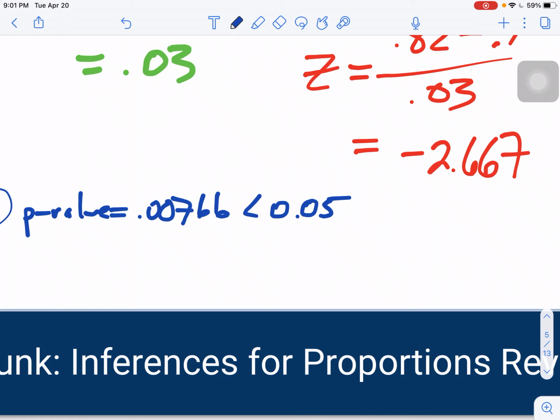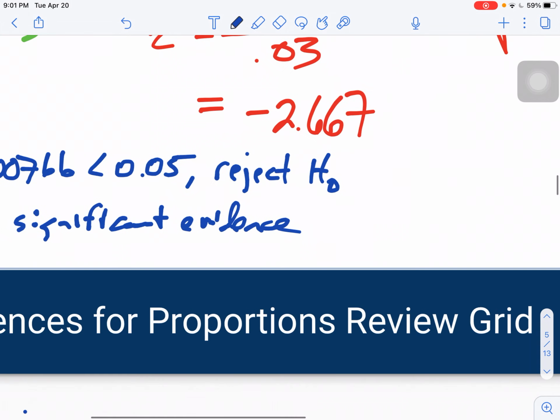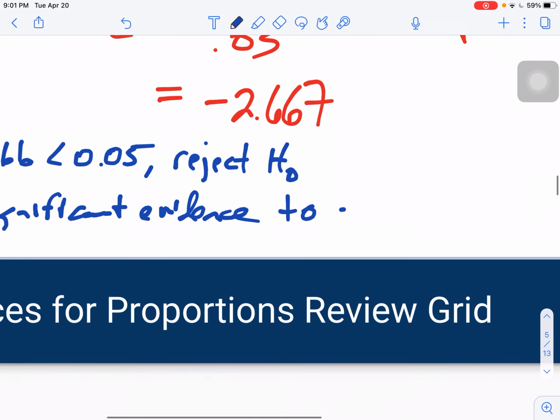So I can see it's quite a bit smaller. So the conclusion that I'm going to reach is reject the null. So I'm going to reject the null. So what that's going to give me is, so there is significant evidence. Remember, if you reject the null, there's significant evidence for the alternative. So there's significant evidence to conclude